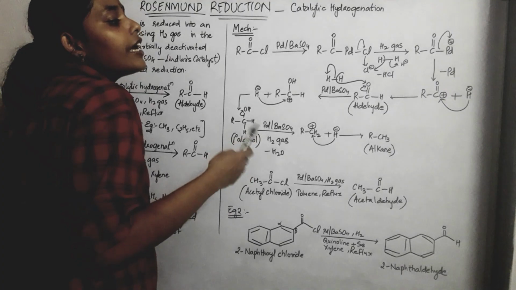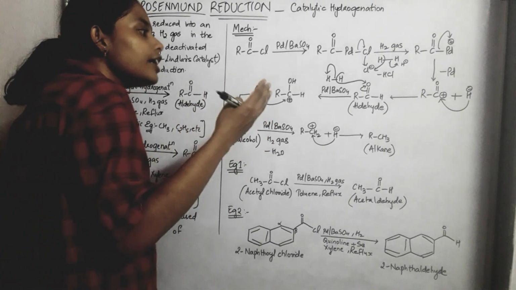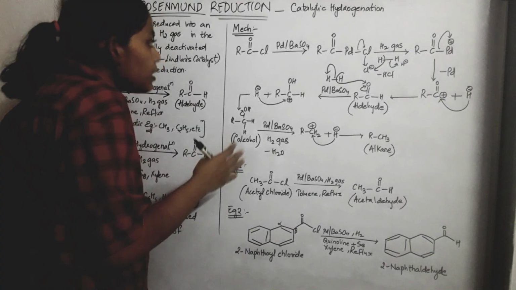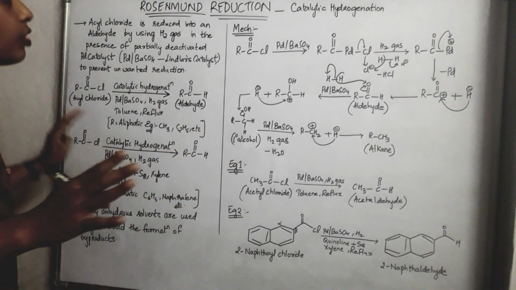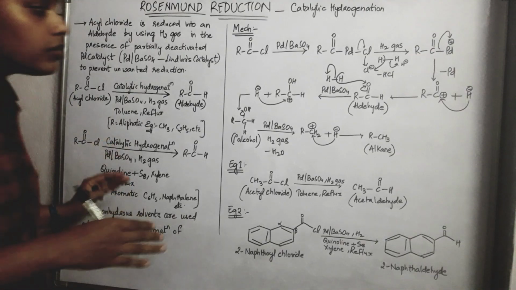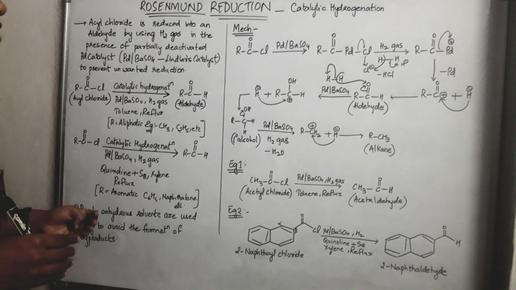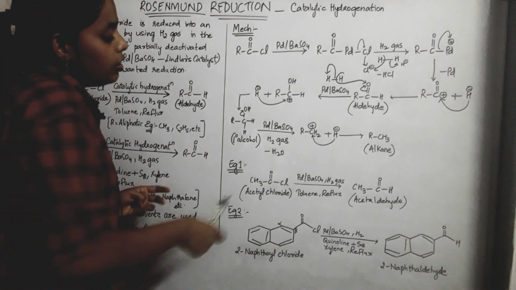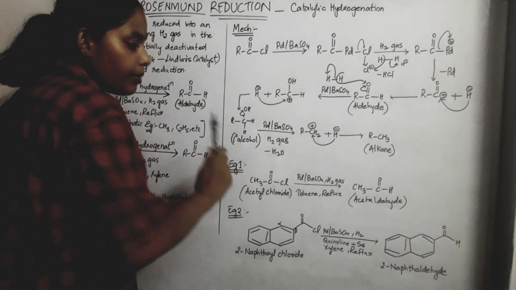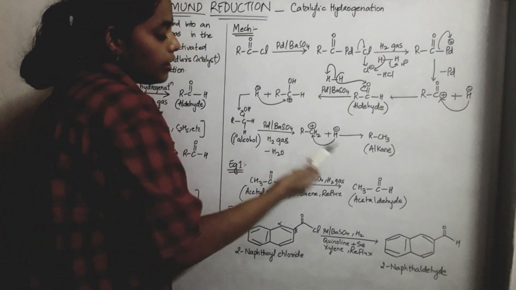In the same way, if we take ketones, for example in some other reaction, ketones will give secondary alcohol. But in Rosenmund reaction, we are going to take only acyl chloride, okay? We are not going to take any other compound. So if there are any chances of taking a ketone, then you will be getting a secondary alcohol. So now here aldehyde gave primary alcohol, and further reduction takes place in the presence of Lindlar's catalyst,